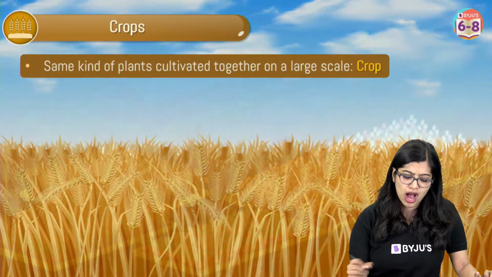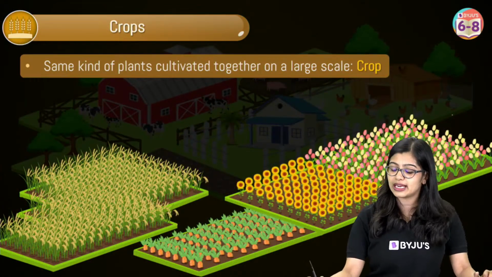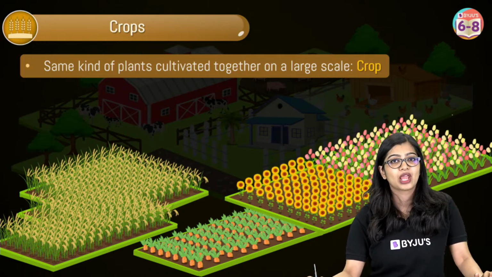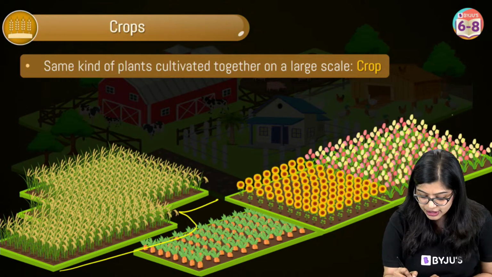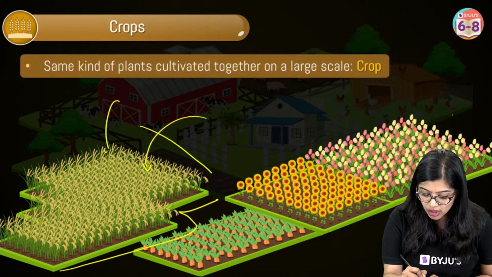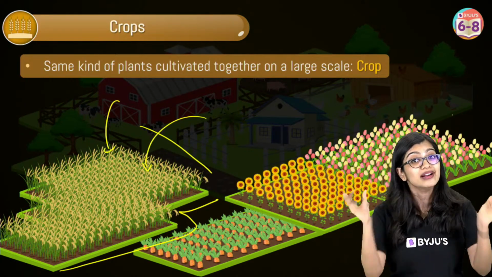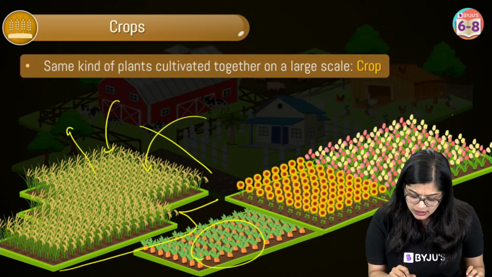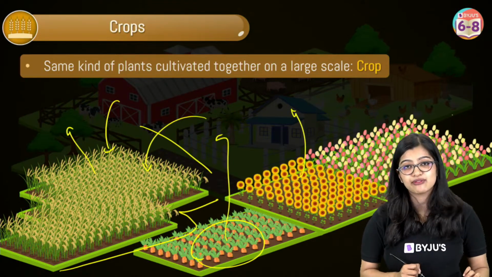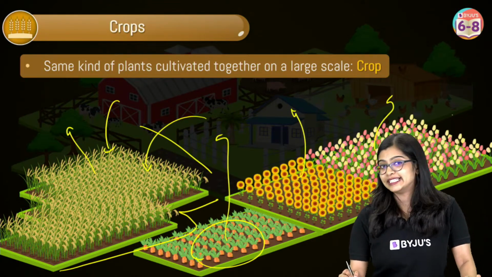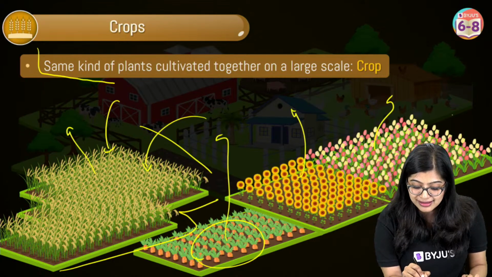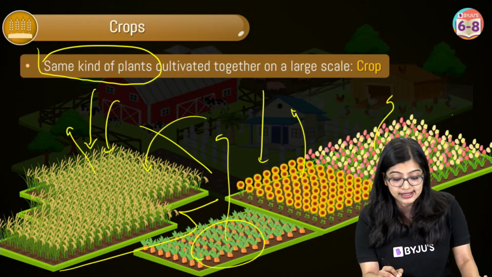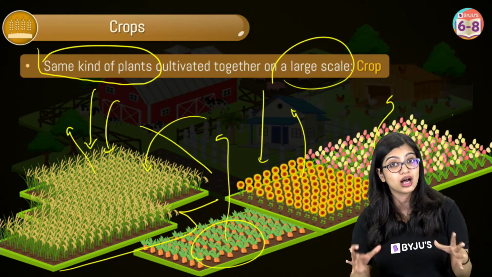So going back to our field, when we saw the field and spoke about crops, this part of the field was highlighted. And if you look at each field individually here, in each plot of land, we see that only one kind of plant is being grown, which is why this field has, say, crop 1, this field will have crop 2, this field will have crop 3, and so on. Yes, so this is what we mean by growing the same kind of plants. So focus on this, which is being cultivated or grown at a large scale.